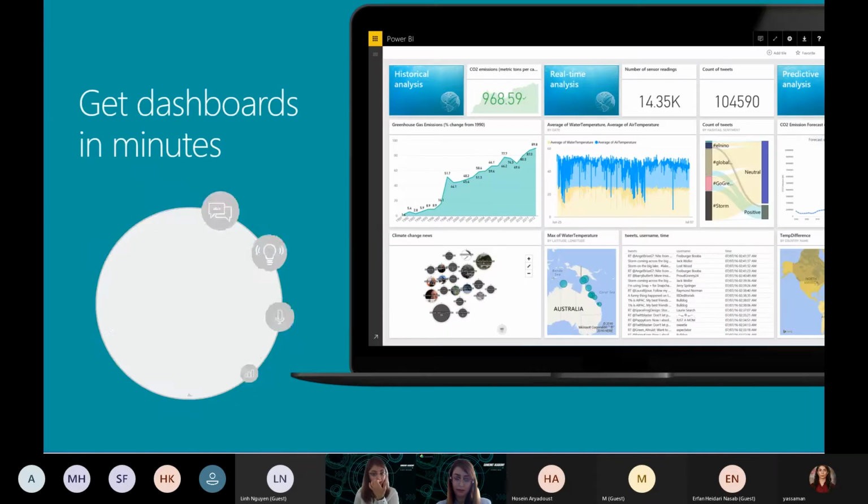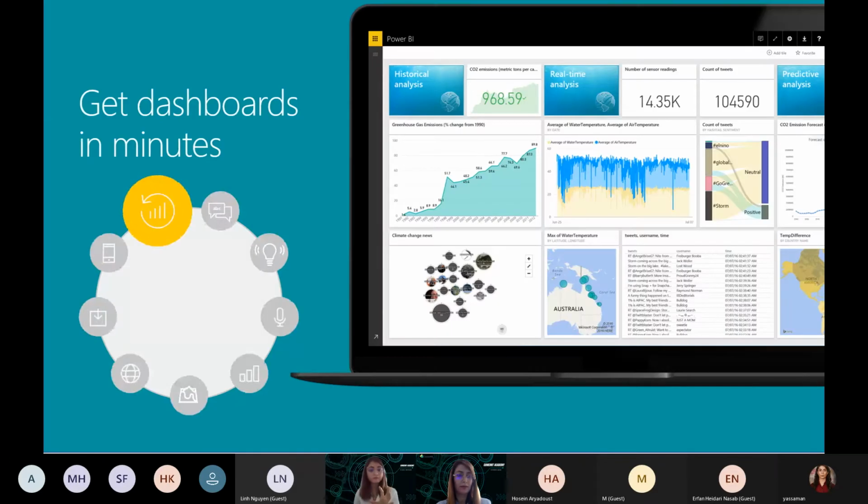So let's just have a quick view of how it looks. So you can have a dashboard in a minute. I think for people who are just new to this world, hearing two words will be a little bit confusing. Dashboards and reports, these are two very different things.